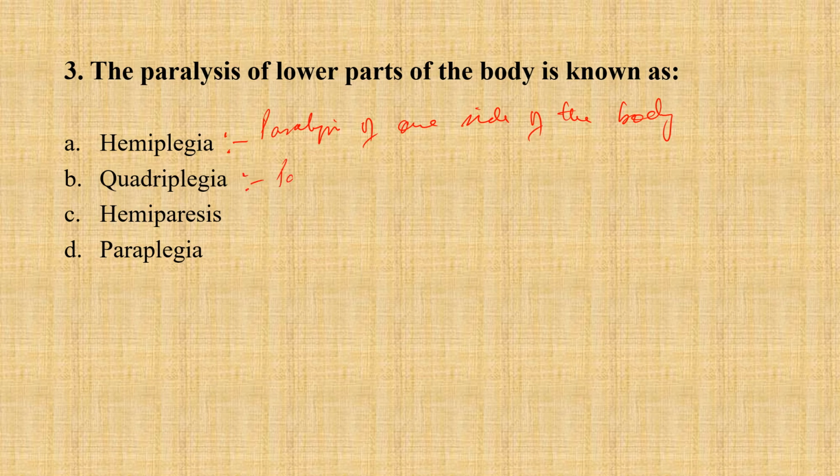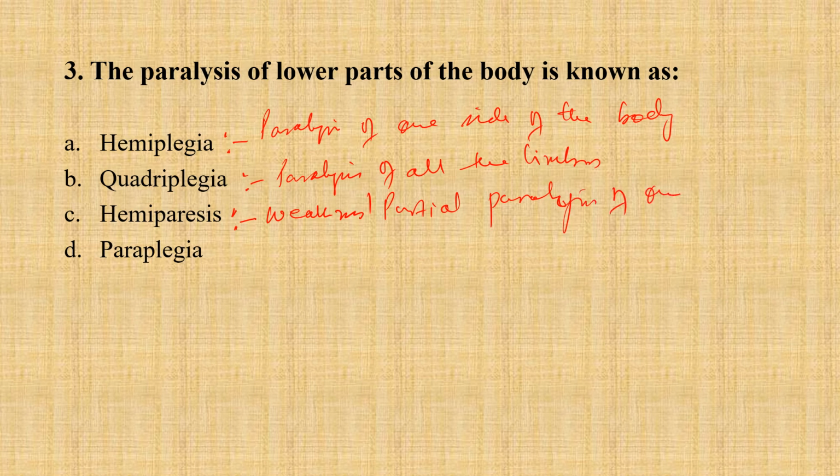Paralysis of all the four limbs, both upper and lower limbs, is called quadriplegia. Hemiparesis is when there is muscle weakness or partial paralysis of one side of the body. Muscle weakness or partial paralysis of one side of the body is called hemiparesis,